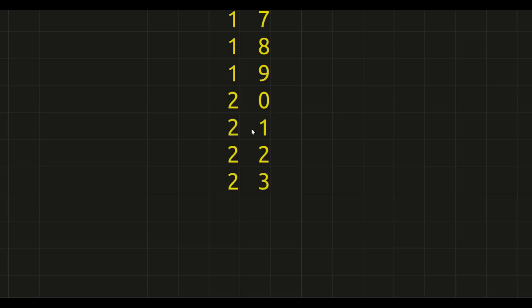Then we repeat 21, 22, 23 and so on, up to 29. Then we are going to use 3 here and repeat all these symbols, and this way we will reach the point when both the digits in the first and second position reach 9, that is, we have completed all our symbols